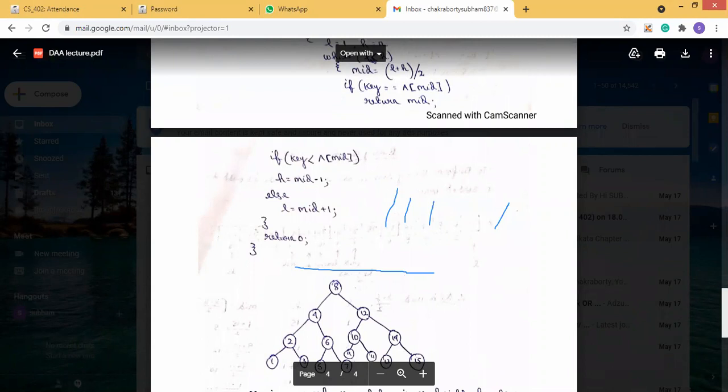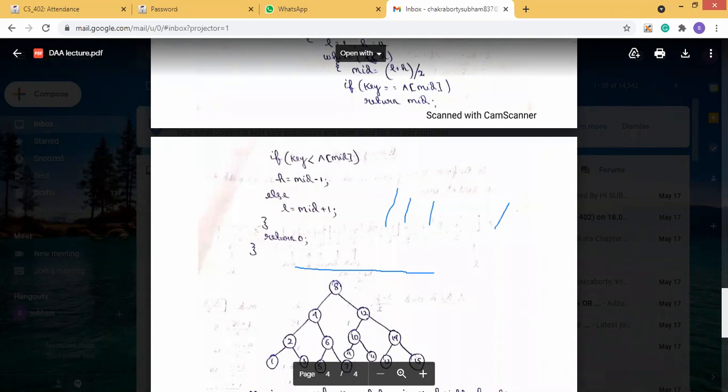And if the element we are searching is greater than a[mid], then we move the low to mid plus 1, and that returns 0. This is what we are performing. And if low is greater than high, then we can directly say that the value we are searching is not present in the list. So that's how the binary search algorithm can be written.